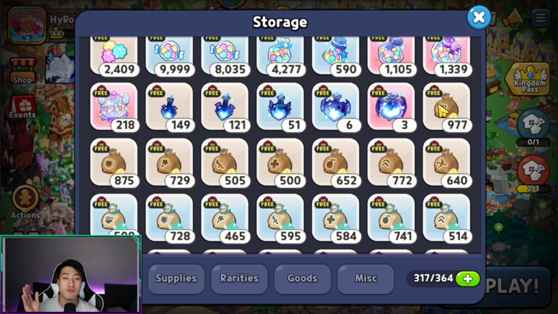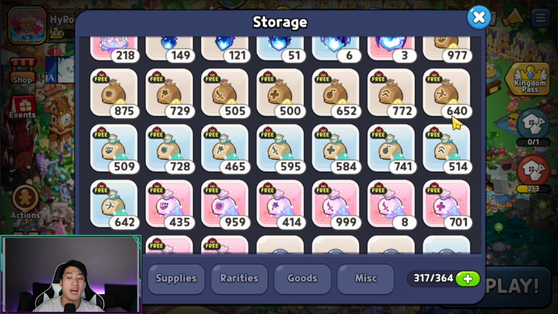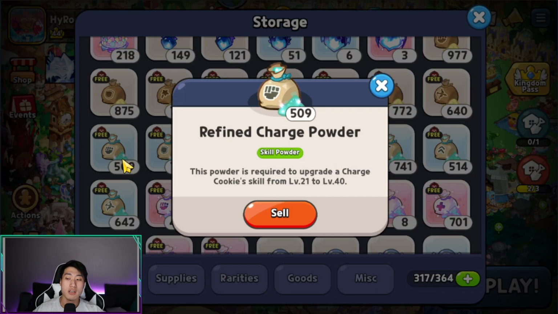These are able to be farmed in world exploration. If you clear certain stages, then they drop certain class powders, which you can use to increase the cookie's skill level from 1 all the way up to 20. So that is where you use these basic common skill powders. And once you reach level 20 all the way up to 40, you're going to be using these refined